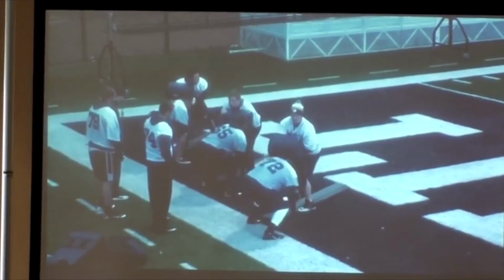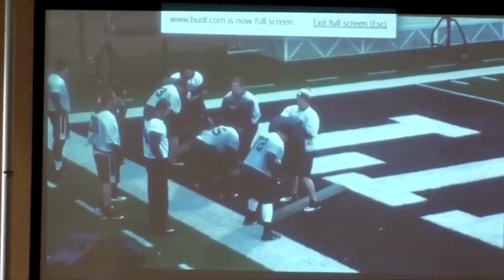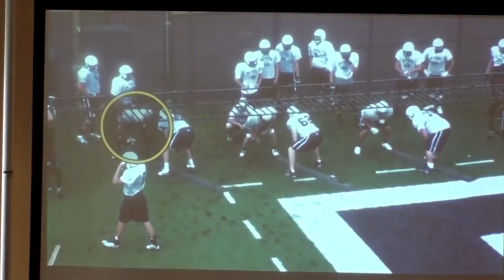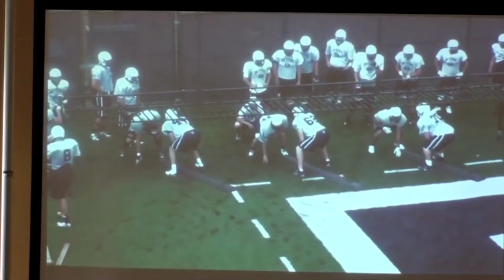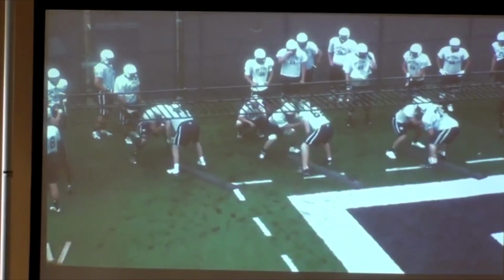That's Cody right there in the center, a tall drink of water standing behind the guys. Here, fire to fit and drive, working to finish at the end. We also do it under the chutes, to work on flexibility and pad level. A lot of our guys tend to end up rising out of their stance. If I feel like we're playing really high during practice, the next day we're going to live under the chute. We'll do chute walks and all that type of stuff, making sure we're working on our knee bend and on driving through our blocks